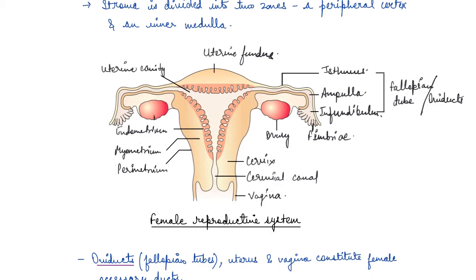So basically, the uterus opens into vagina. This is the vagina. So the uterus is opening into the vagina through a narrow cervix, and the cavity of the cervix is known as cervical canal. Right now, the wall of uterus has three layers of tissue. Right, so this wall of uterus has three layers of tissue. The external thin layer is known as perimetrium. Okay, then there is a middle thick layer of smooth muscle, which is myometrium, and there is an inner layer